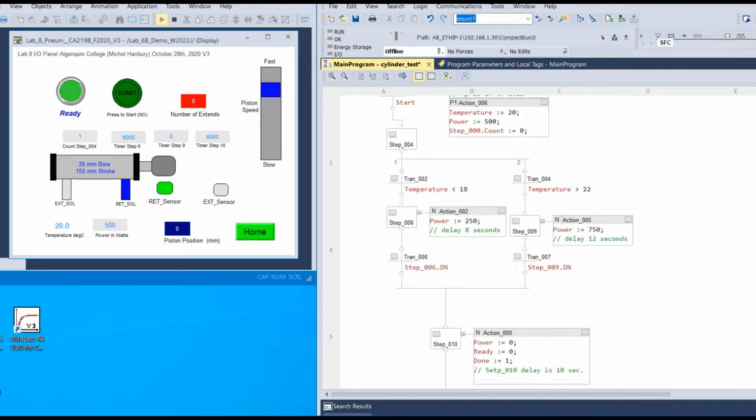The second thing to look at is something called a selection branch. And this right here, all of this together is a selection branch. And what happens in a selection branch is that once it leaves, in this case, step number 4, it will look at the two possible transitions here. And in this case, it's going to test this transition first. If it passes, it will go to step 6. If it doesn't, it will come to number 2. Check this, and if it passes, it will go to step 9. If it doesn't pass either of those transition tests, it will stay at step number 4, okay, until one of